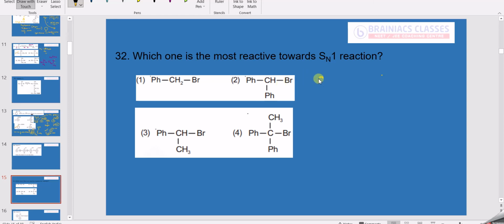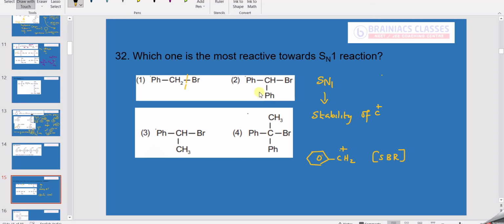So we know that in the SN1 mechanism, the reactivity is determined by what? Stability of carbocation. So which of the following carbocations is more stable here? Can anybody tell me? So here if you remove this, you will get a carbocation like this, C6H5 CH2 plus. So this is stabilized by what? Resonance. Correct? Because it has a plus charge, so the double bond in the benzene ring can enter over here and